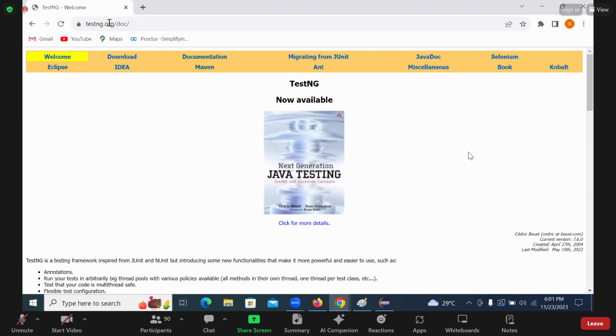In place of methods, the terminology is annotations. Whenever you are working with TestNG, we need to mention TestNG annotations. Now, further, you can use the option. What is the option we got? Documentation. We got an option of documentation. If we click on that documentation,